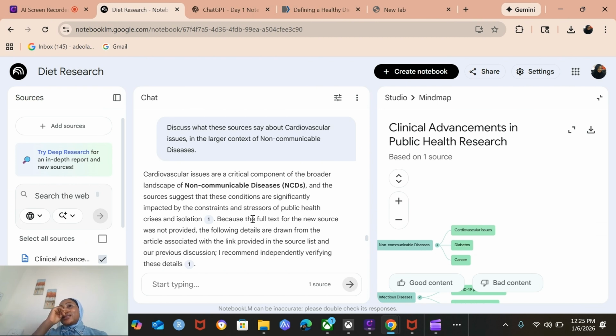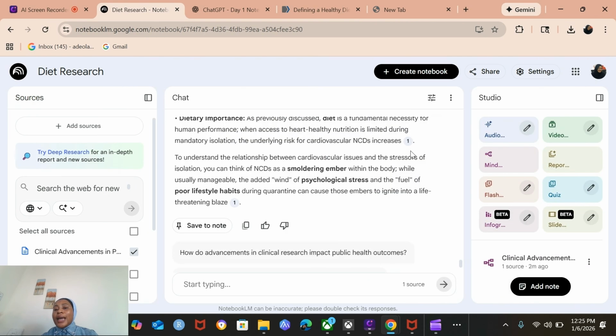Okay. So another thing that we can look at is we can even select our timeline if we want, but I don't really use that. But it's something you can use on the studio panel to arrange how your data is chronologically arranged. Okay. So another thing I use on the studio section is